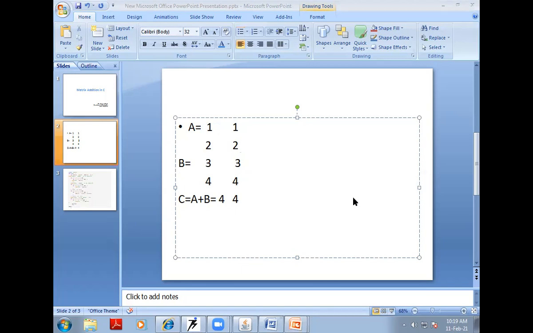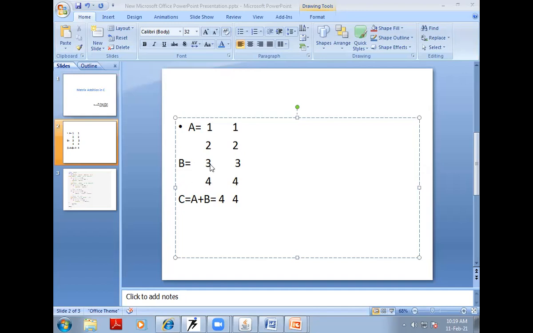Now let us use the concept of C programming to make a program which can add two matrices. One thing we are clear about from the above mathematical example is that the order of the matrix is 2 by 2, the number of rows is 2 and the number of columns is 2.